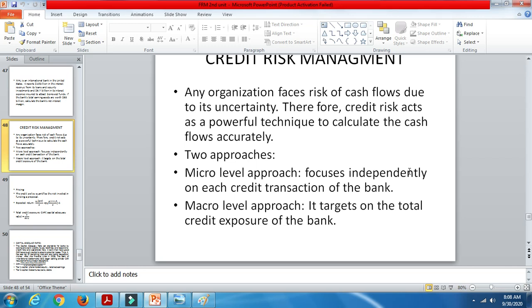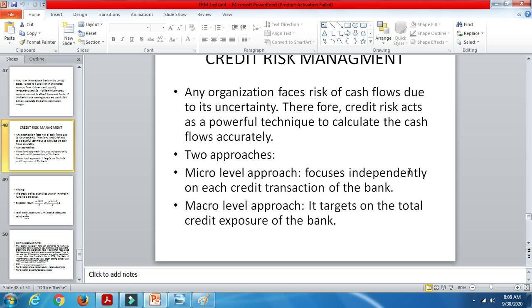There are basically two approaches. Credit risk is basically non-payment of due money by either of the parties. As I have given in the example in my previous classes, the buyer and the seller: when the buyer is not able to pay the amount on time and the seller is not able to supply the raw materials on time, they have failed their duties, their obligations. So when such things happen, that is nothing but credit risk.